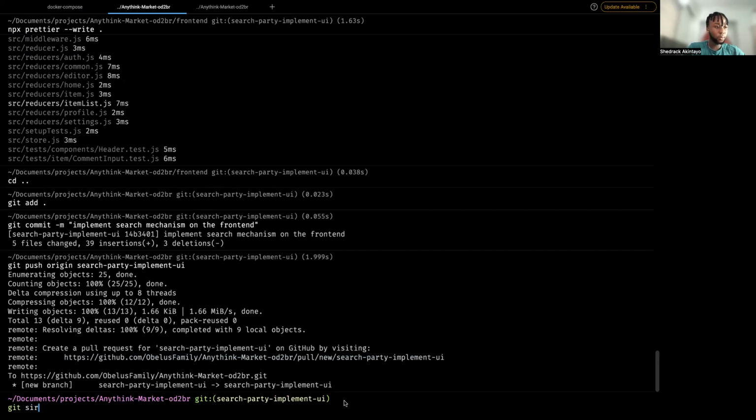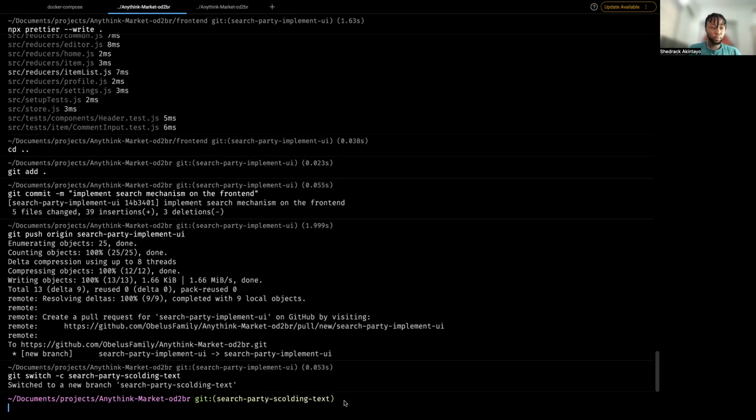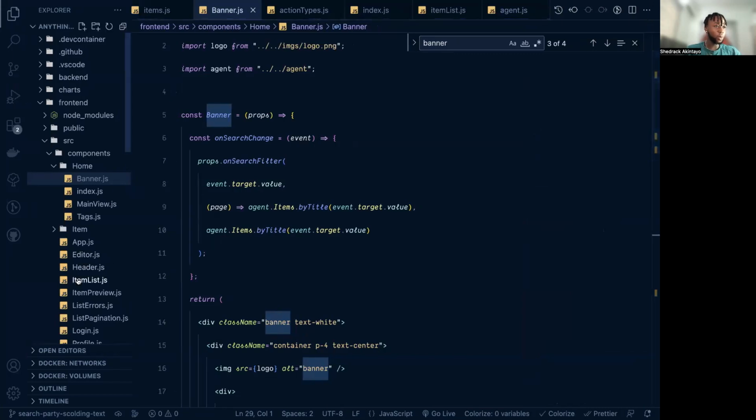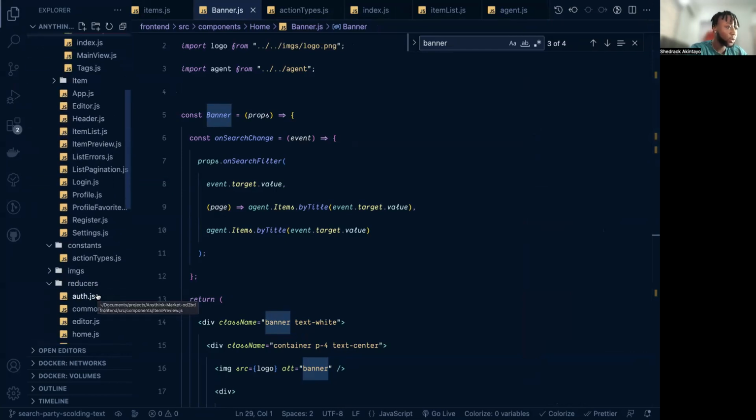So git switch -c. Let's call this coding text. So let's go back to our code. And the first thing we want to do is go back to our reducer. Where's our reducer? Go back to our reducer